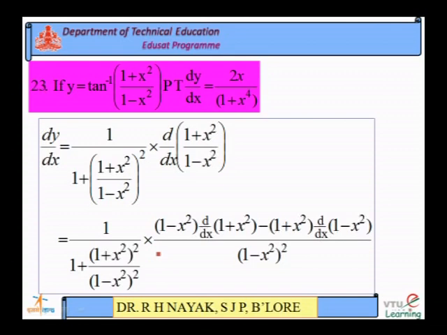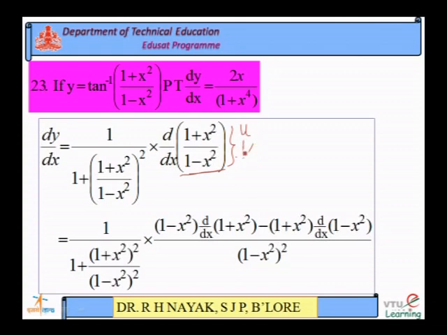Otherwise, if you want to prove it in the general method, I have shown purposefully using the general method. It is taken as tan inverse of a function. Differentiation of tan inverse x is what? 1 by 1 plus x square, right. So, according to that, here the derivative is 1 by 1 plus function square into d by dx of the function. Here I will take square on both numerator and denominator, 1 plus x square whole square divided by 1 minus x square whole square. This is differentiated using the quotient rule, u divided by v.